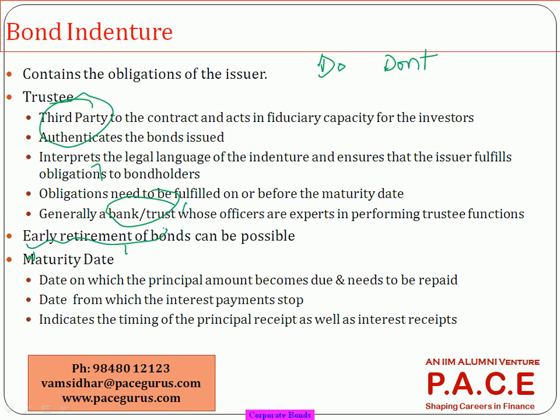Though the bond was initially issued for a 10-year period, if the company wants to scrap the bonds after 5 years, or the better words to use are redeem the bonds, retire the bonds, or call back the bond, all are similar names. So the company wants to retire the bond within 5 years, not wait until 10 years,